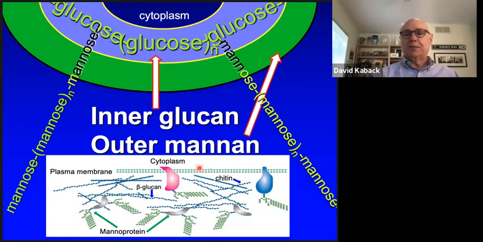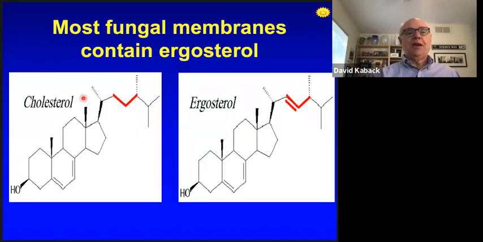The proteins are important because they help stain the thing when we are looking at clinical specimens. The other very important and most important difference between fungi and mammalian cells, and an important target for chemotherapy, is the fact that fungi largely don't contain cholesterol as the predominant sterol in their cell membranes. They contain ergosterol, which differs from cholesterol in this unsaturated bond over here, as we can see here. This is going to present a very convenient target for chemotherapy.